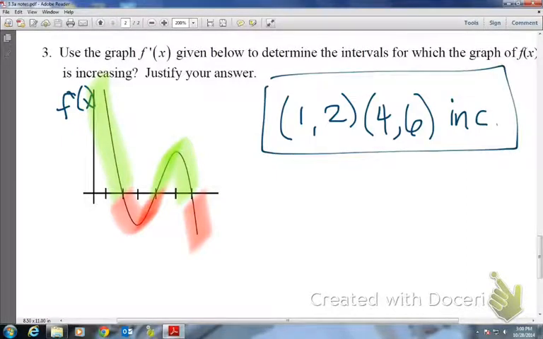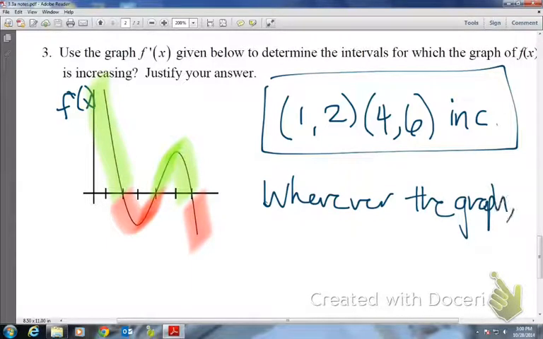And they want you to justify your answer. So when they say justify, you better write them a pretty good justification because they want to know exactly how you know that. So I'm going to write something, you can write something different, but I'm going to write something along the lines of saying, wherever the graph,